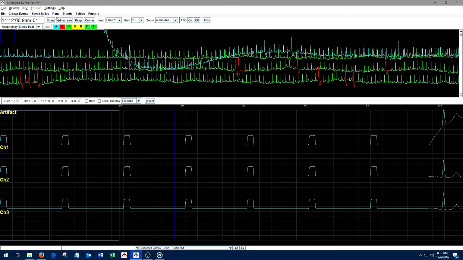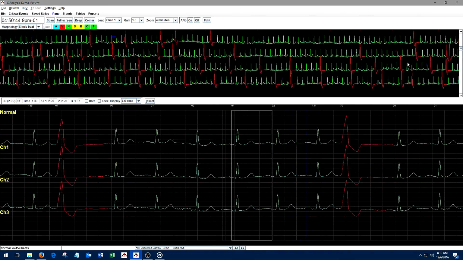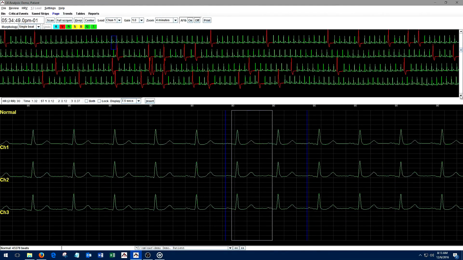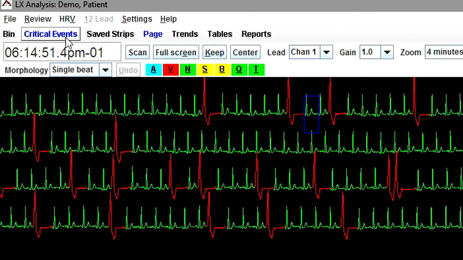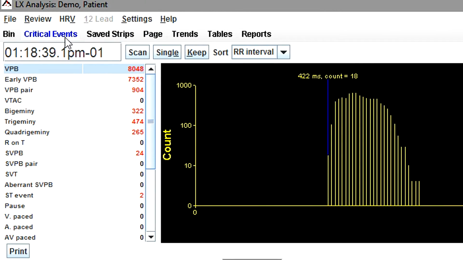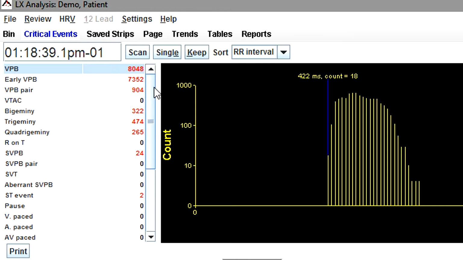One of the great advantages of the Pro version is the ability to see the nice summary presented in the critical events screen. The screen gives one very nice overview in one glance of the entire study. To see the critical events screen, click Critical Events from the secondary menu line. In the critical events screen, you will see how many beats were categorized into the major categories: VPB, Early VPB,